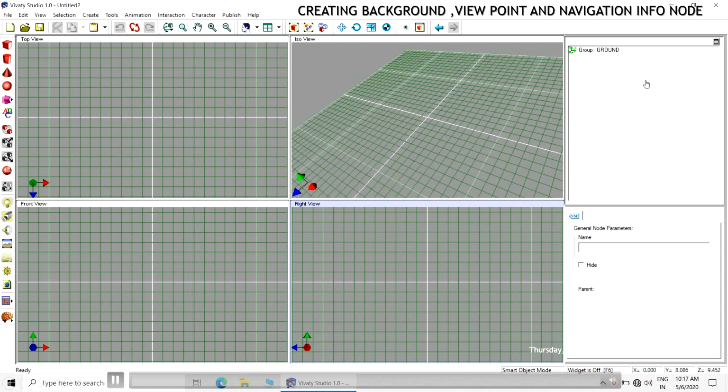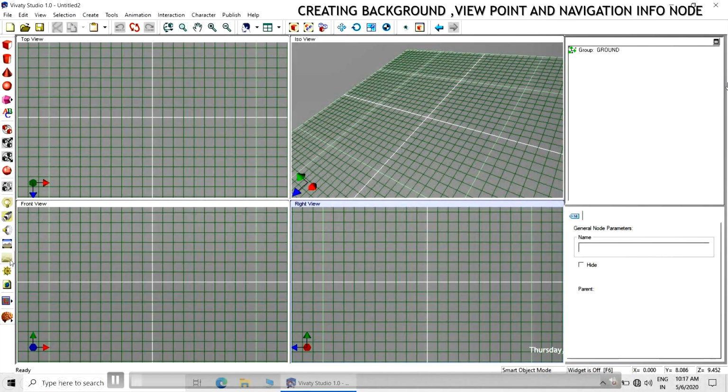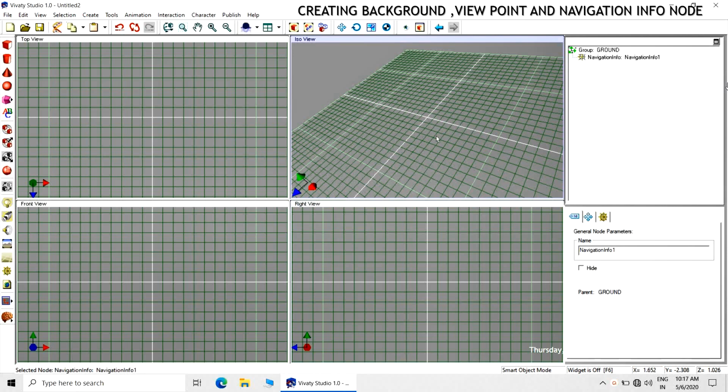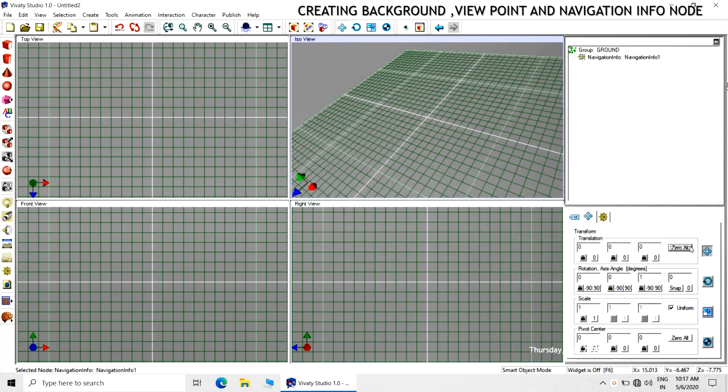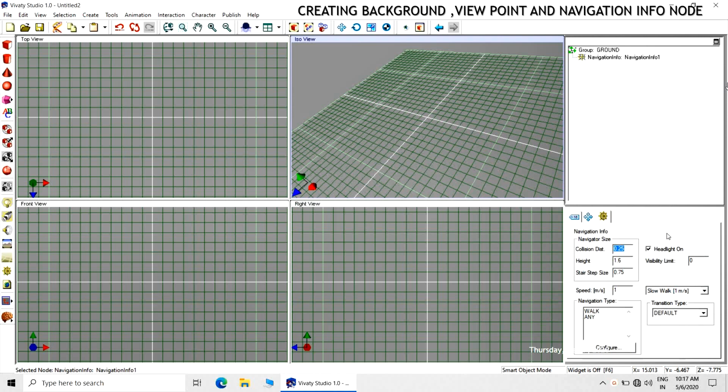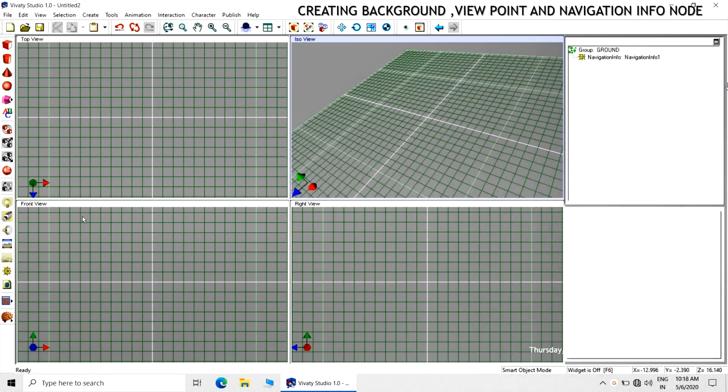Then there will be navigation info, background, and viewpoint. So in this particular step, we will be creating background, viewpoint, and navigation info. First of all, we will create the navigation info. Click on navigation info and bring all the coordinates to 0, 0, 0. That is very important. Then you can create the background.